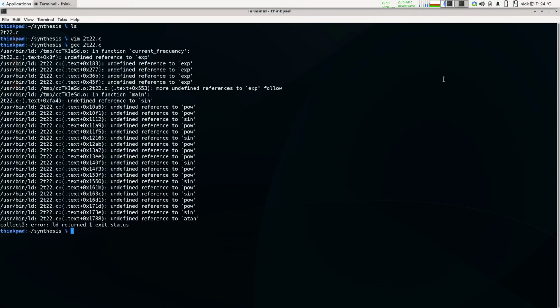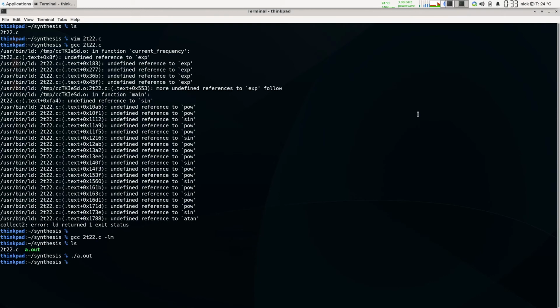So, whoops, we need to include the math library because we use some of those math functions. And okay, so that gives us our executable, and running this is probably going to mess up the video because it's very CPU intensive, but let's run it and generate our file. Alright, that takes a lot longer than I thought, but we end up with this 2t22.raw file,